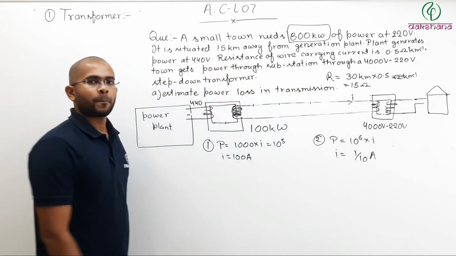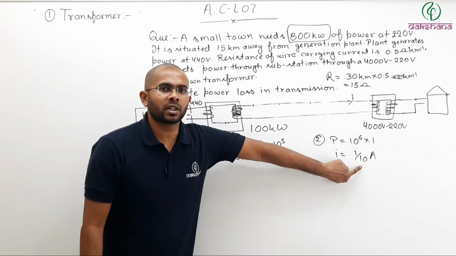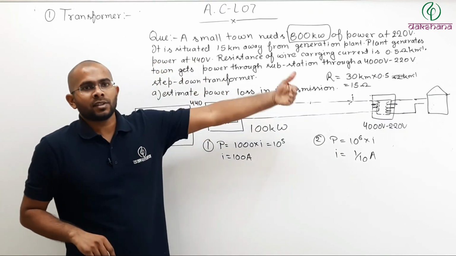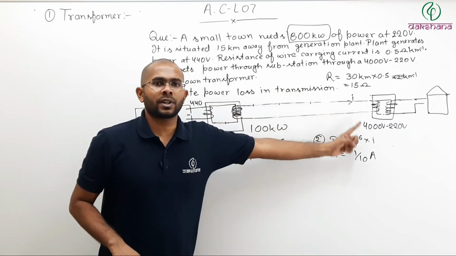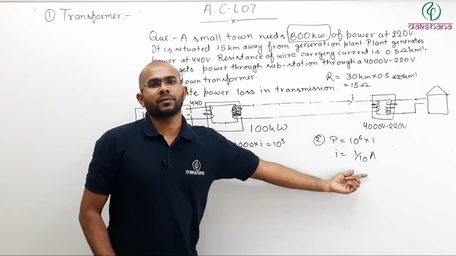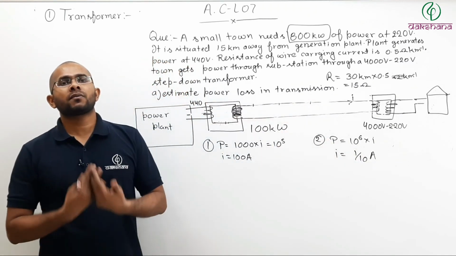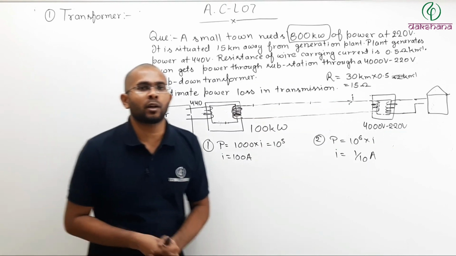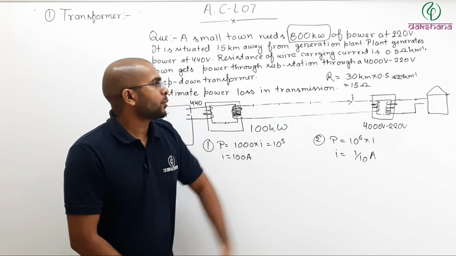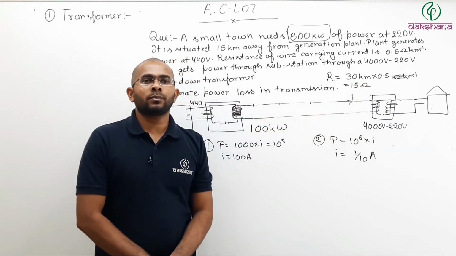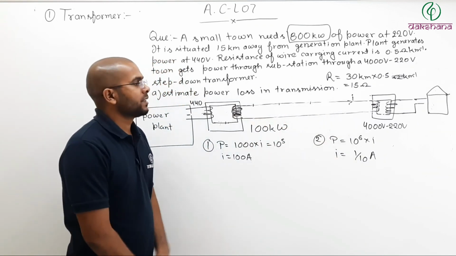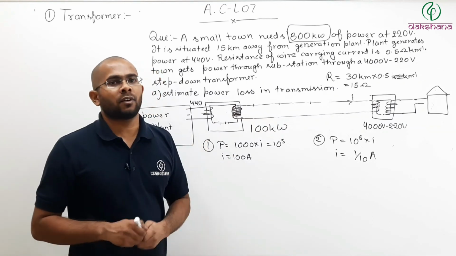ohm. So in the second case, your current is very low, meaning higher the transmission voltage, lower is your current. Higher the voltage, lower the current. And I cannot use V square by R. Why I cannot use V square by R? Because in order to use V square by R, potential should be same across all the 15 ohm. But here potential is not same across all the 15 ohm. That is why we use I square R formula.